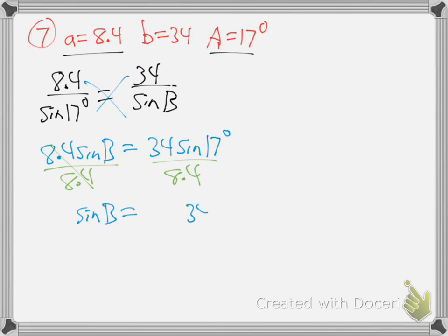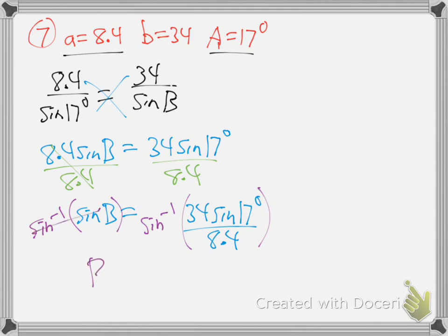Sine B is 34 sine 17 degrees over 8.4. We good to here? How do I get B alone? Inverse sine. The way to get the sine off of there is inverse sine. Inverse sine right here, these cancel, gets B alone. I'm saying error. Do you guys get an error when you do that one? Error. Not even possible. That means no